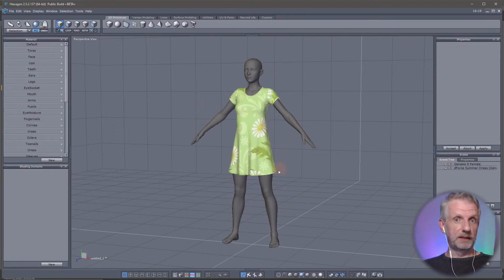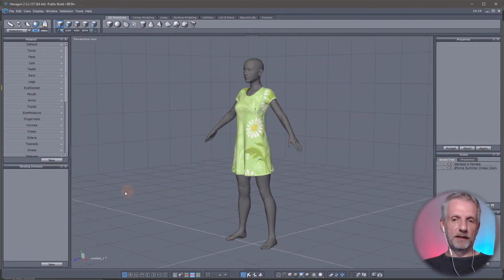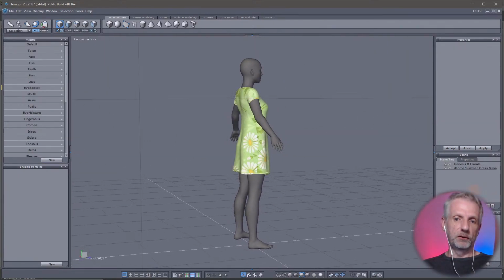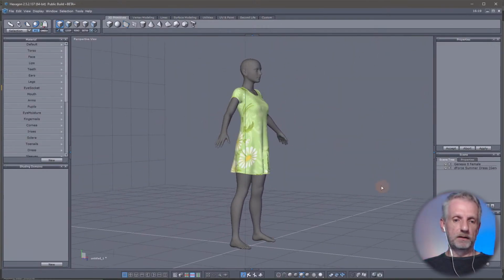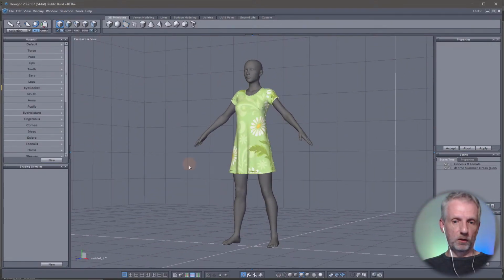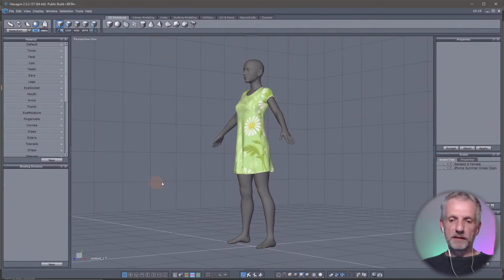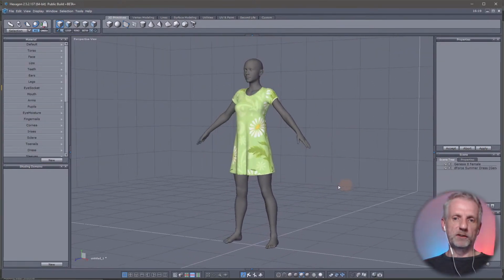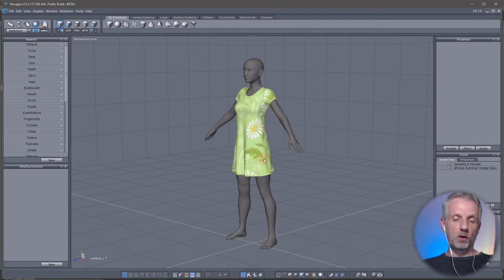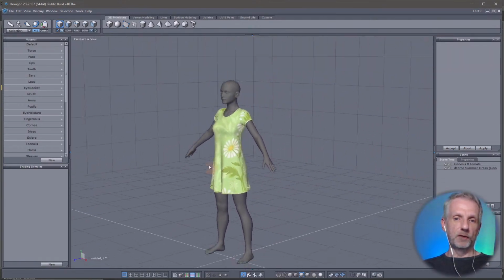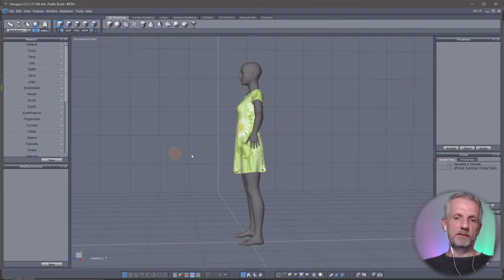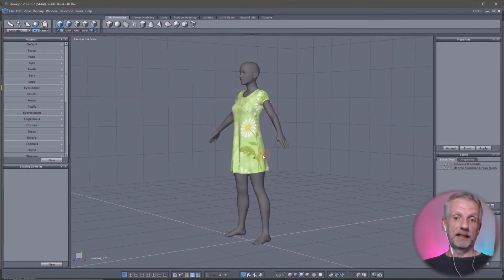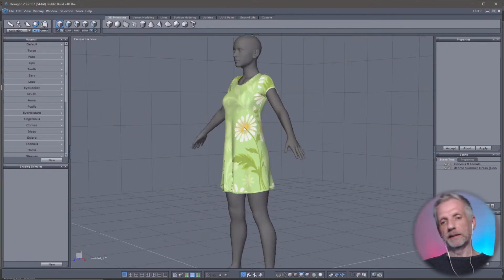So navigation in the interface: Alt left click anywhere in the viewport, and that'll rotate around your object. Hold down Alt and then left click. That'll work. You can also use these items on the bottom here, and I don't really tend to do that, but yeah, Alt left click to rotate around. Then you have Alt right click to pan this around. So that's Alt left click to rotate, Alt right click to pan, and then your mouse wheel zooms in,